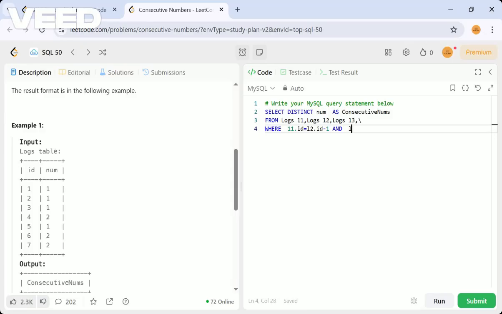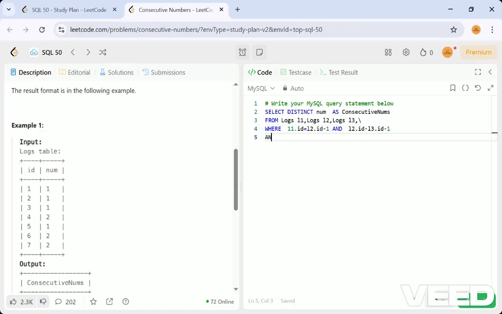Now I'm checking from L2: L2 dot ID is equal to L3 dot ID minus 1. See, 3 minus 1 is 2 in this case. So now the matching of rows is done.